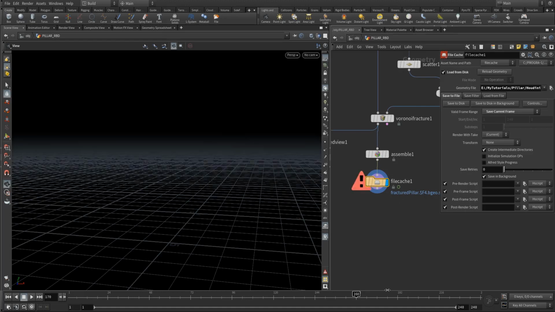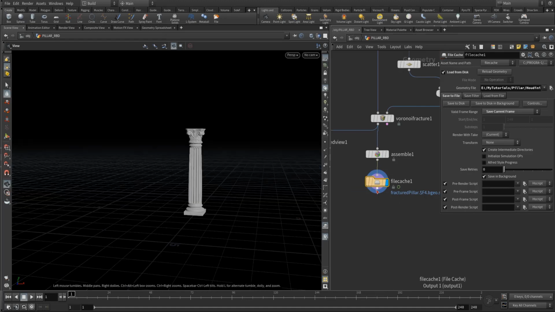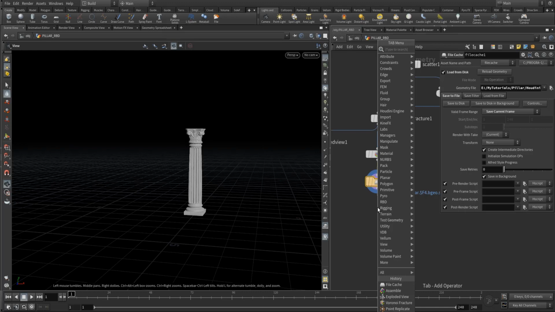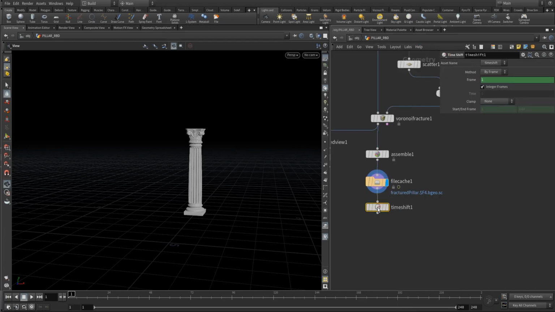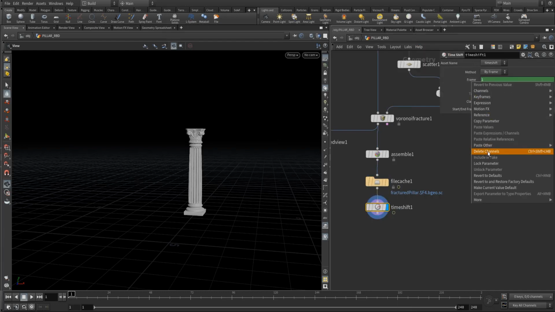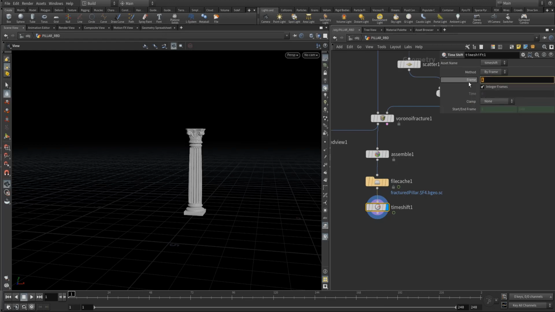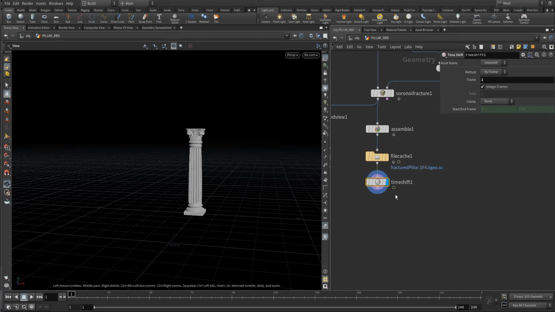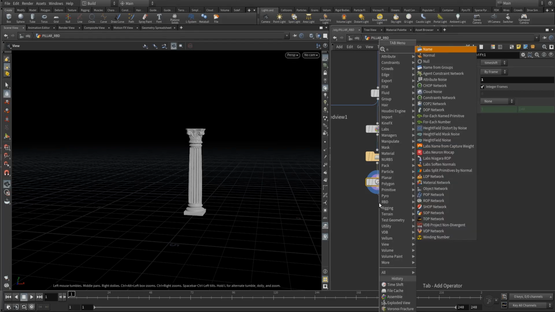But you can see the second frame, the cache is not generated. No problem. For holding things on the first frame, you have to type a time shift and just delete channel and make it on the first frame. And now you can see it holds the first frame to the end of the frame. Now I can create one null